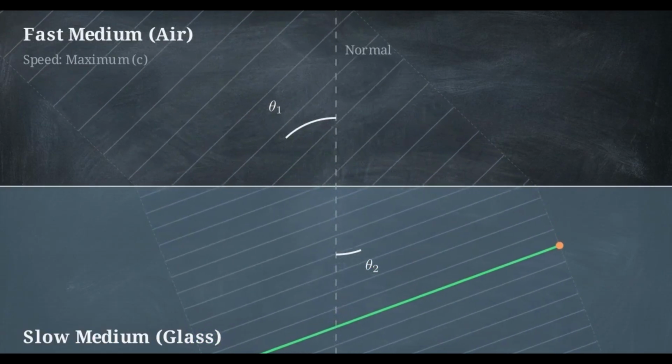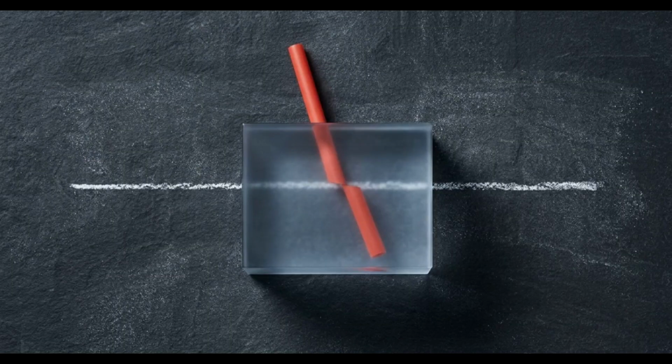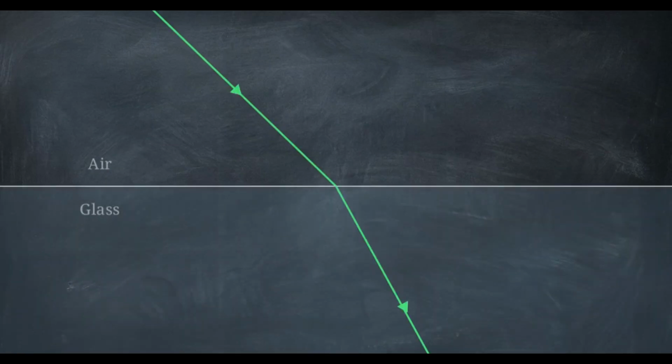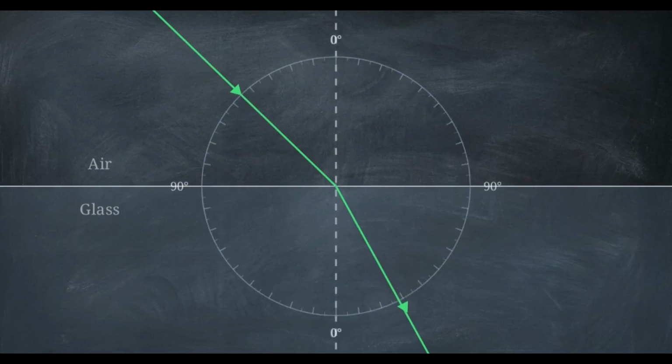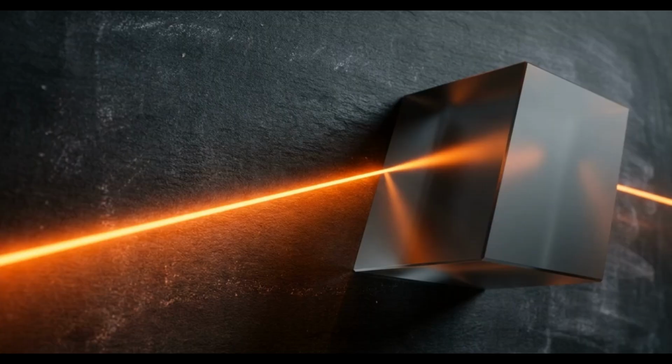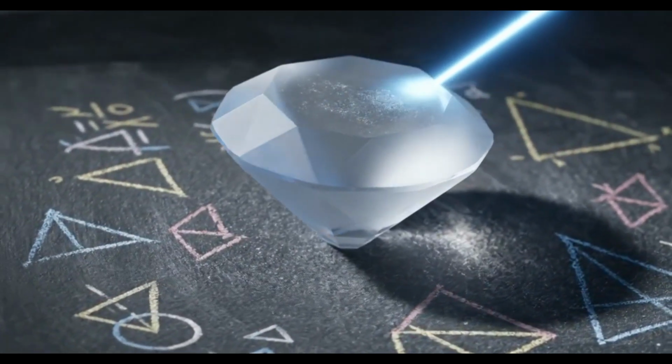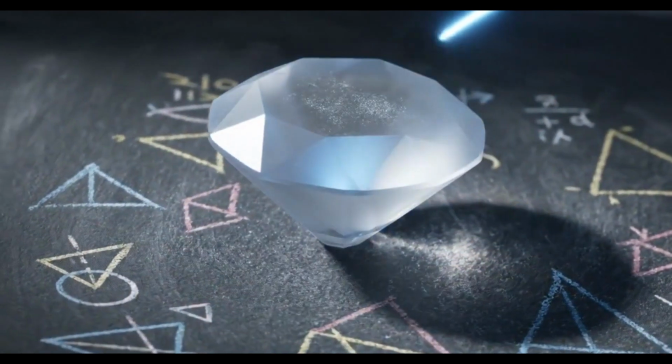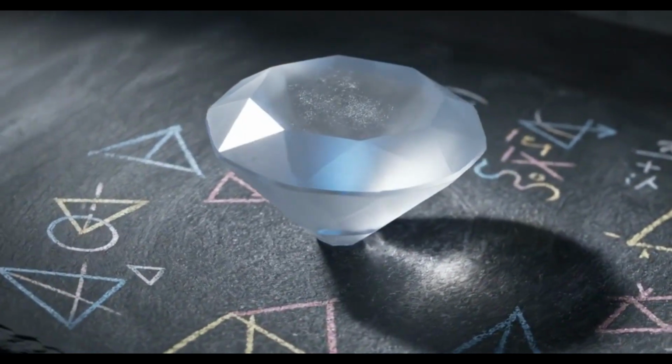This geometry is why a straw appears broken or physically shifted when you place it in a glass of water. Mastering optics requires measuring the geometry of this bend to predict exactly where the light will go. This measurement leads to a specific question: what happens if we push this geometric bending to its physical limit? By tracking this geometry, we will discover a mathematical threshold where light ceases to pass through the boundary and becomes